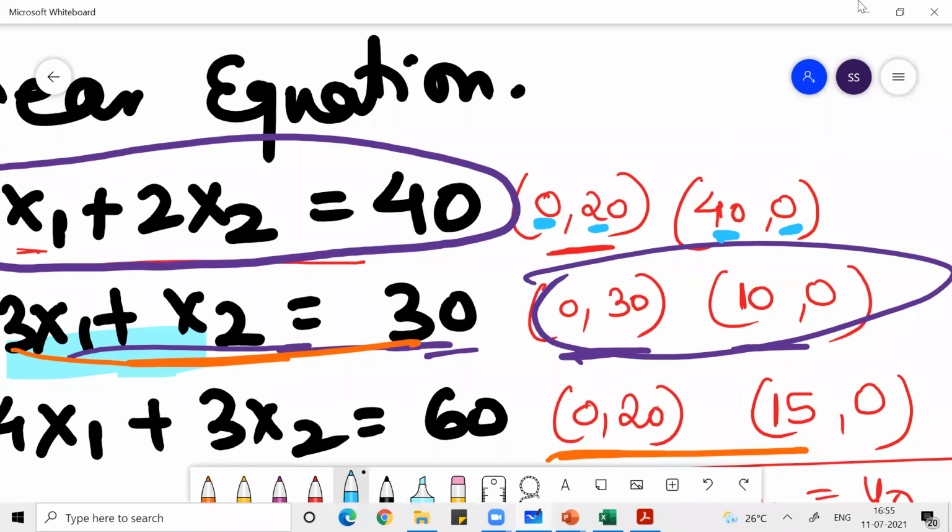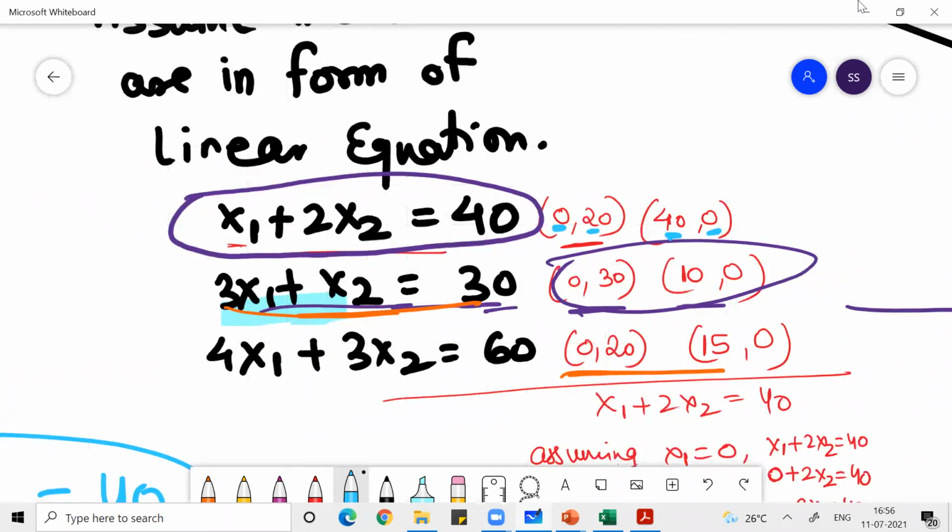Easier way. Because I know I can put any value, I'll get the simultaneous value of x. If I put any value of x1, I'll get the simultaneous value of x2. I can put any value of x2, I'll get the simultaneous value of x1. So I can take anything in this world, any number, 1 crore, 1000 crore. So let's take 0. Why 0? To make the equation easy. I hope you're understanding now. Are you getting it? Yes, sir. You can put anything, guys.